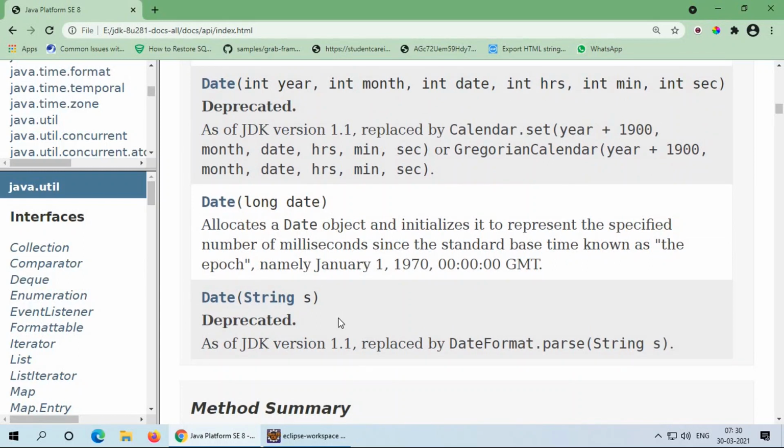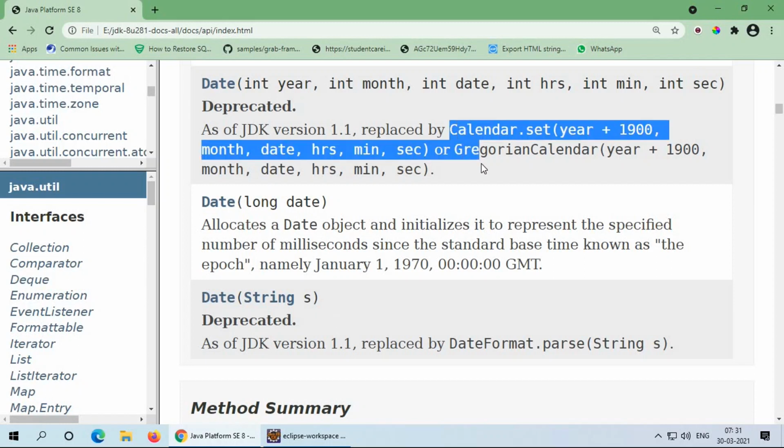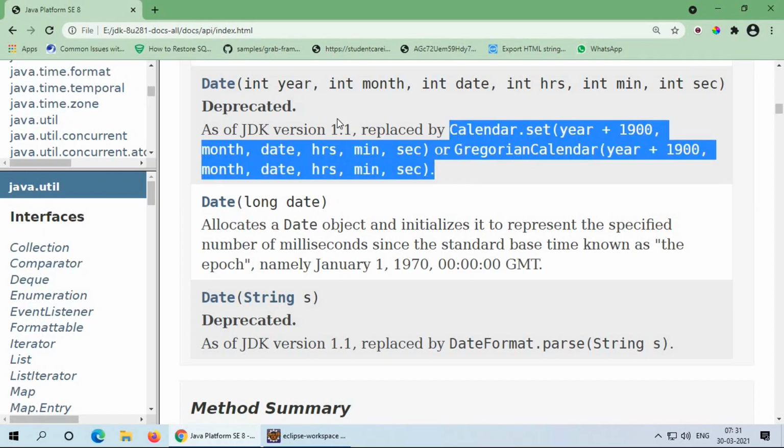Deprecated in the sense, the deprecated API, either constructors or methods, are not recommended to use. That means a deprecated API has bugs or better alternatives have been provided. So the documentation is saying it is better to use the Calendar class instead of the Date class. Now I will make another video on the Calendar class, but now you can check the code on this Date